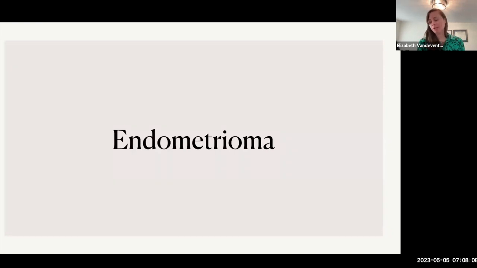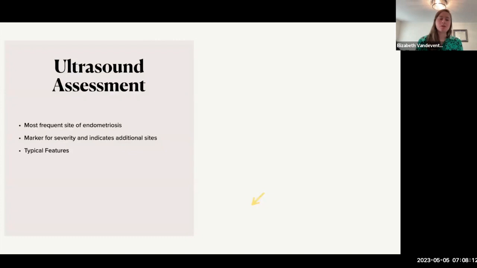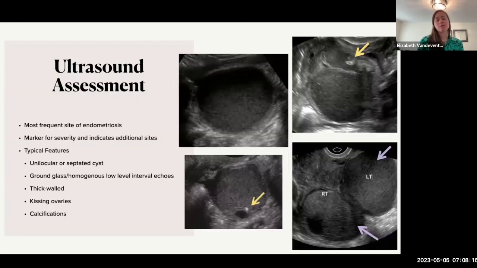We'll go over its presentation on both ultrasound and on MRI. So this is the most frequent site of endometriosis. It's in the ovary. What you typically look for are these unilocular or septated cysts, as we can see in all of these images. They have this classic presentation of either a ground glass appearance or what we call homogeneous